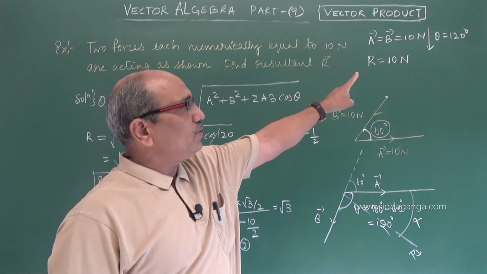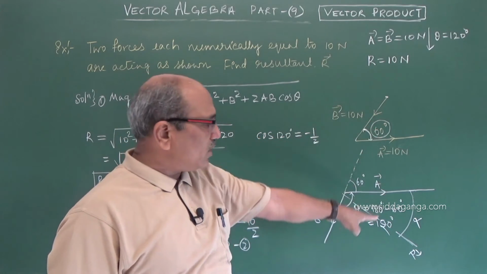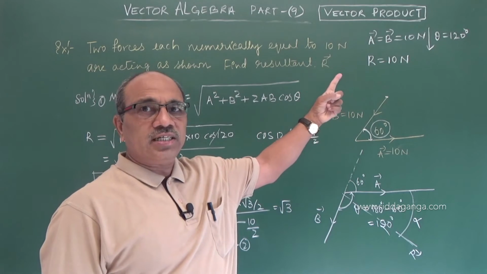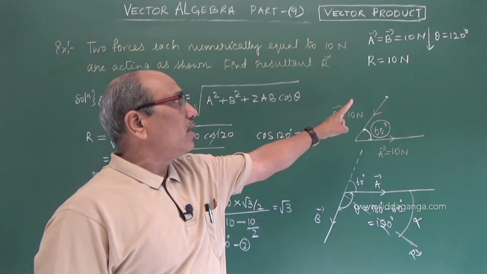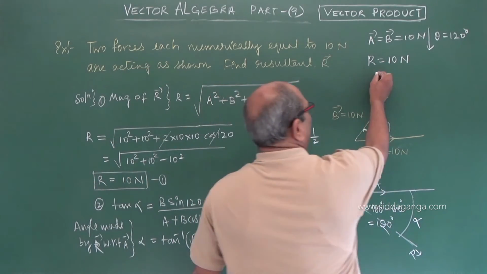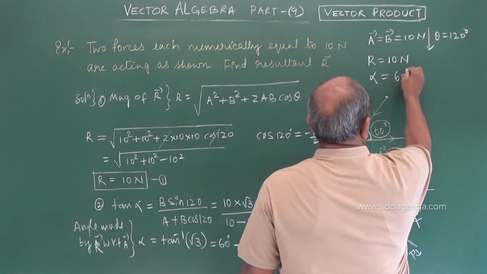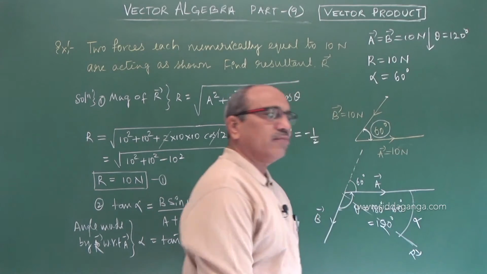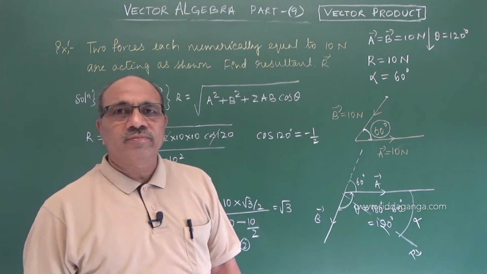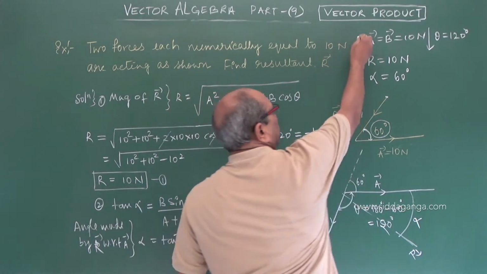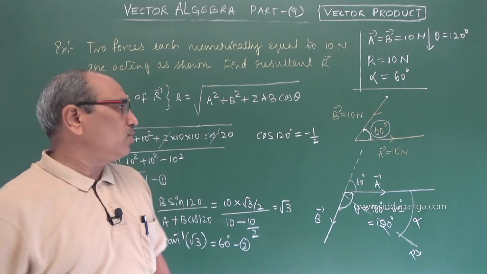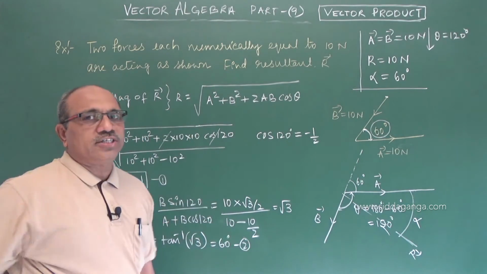If A equals B and theta between them is 120 degrees, then immediately write that the resultant is equal to one of the vectors. And also you know it divides the angle. Therefore, alpha must be equal to 60 degrees, 120 by 2. Okay, our work is over. Simple. Only in your mind you can work and get the answer, without going through all these simplifications.